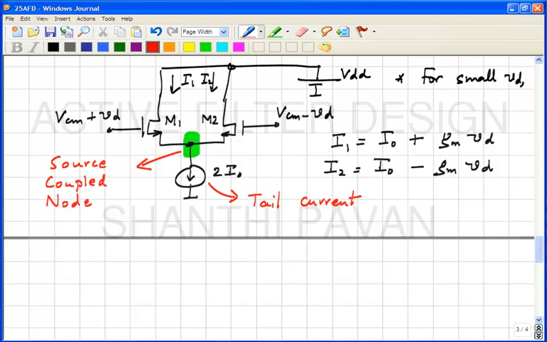Okay. And what is Gm in terms of the parameters of the transistor and so on? You can do it in many ways: it is 2I0 divided by VGS of either M1 or M2, which all remain the same, minus VT, and is also the square root of 2, 2Ki and all that, right? Okay.